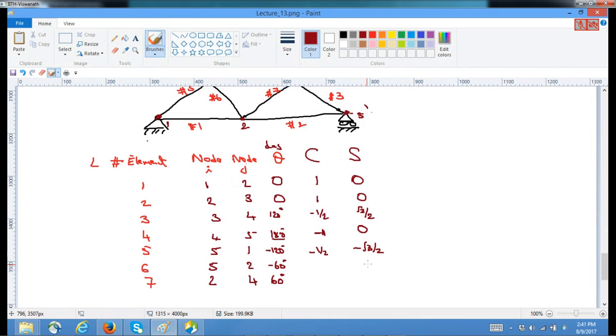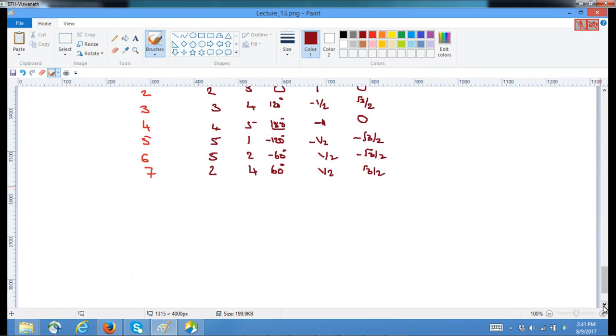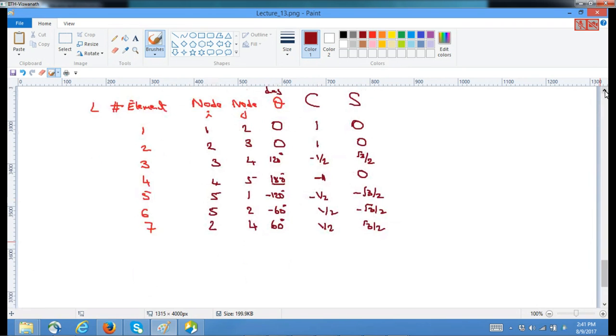60 would be, and 1 by 2, and this one is 1 over 2 and root 3 by 2. So with this as my cosine and sines for corresponding thing, the element stiffness matrix for the first element, I